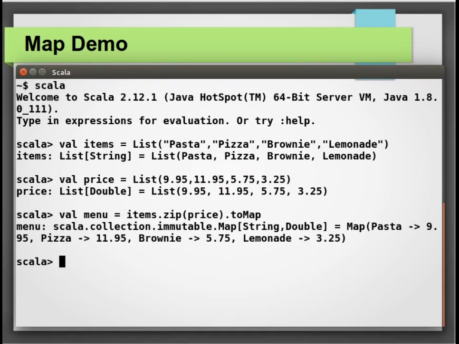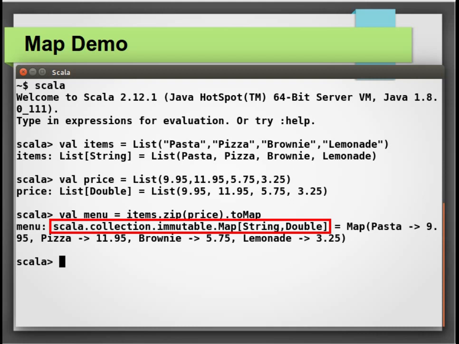To convert these into map, we will use the zip method, followed by toMap method. Remember what zip does. Zip will take two lists and create a third list with every element a tuple of corresponding element in the two input lists. We then invoke the toMap method of this list of tuples. This will convert that list of tuples into a map.